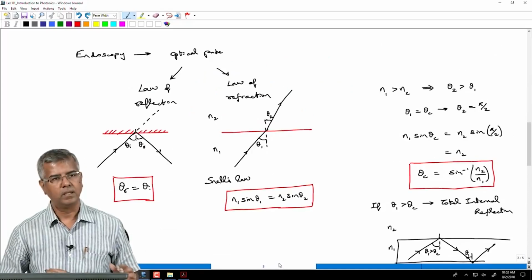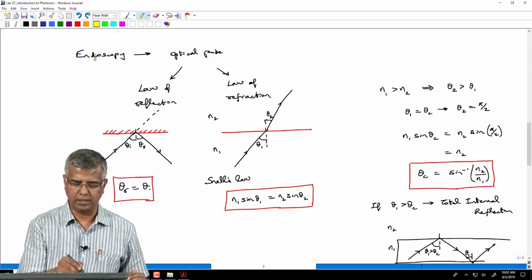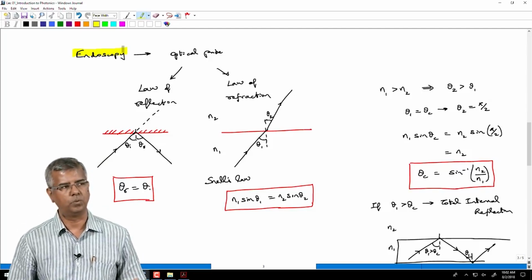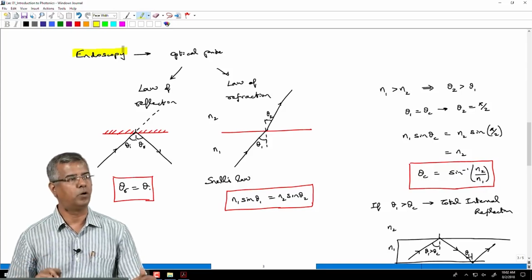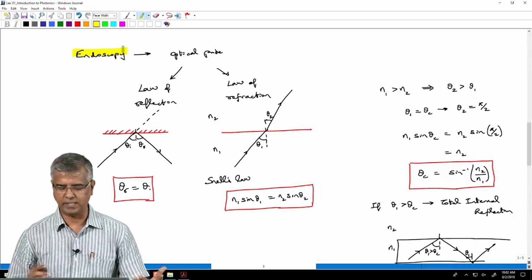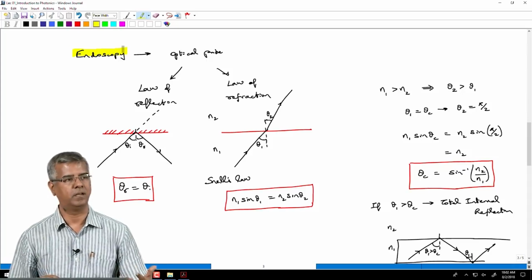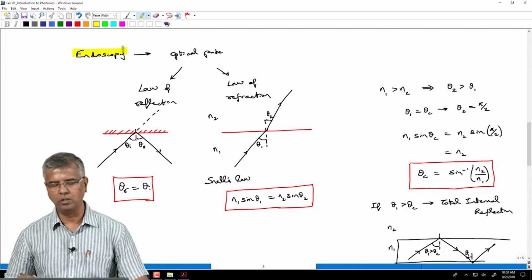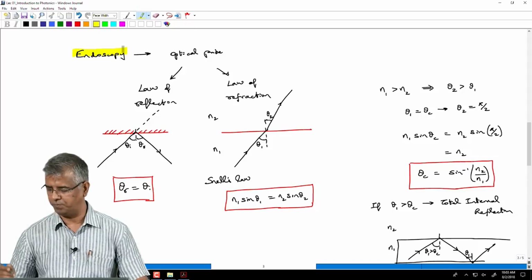And as far as ray optics examples are concerned, we took the example of endoscopy, where we said we need an optical probe for doing endoscopy, and how do we go about designing this optical probe. In designing this optical probe, we said it's fairly simple. We just need to know the law of reflection and the law of refraction. So, we were just revising that a little bit, and then we went on to define this structure wherein you have